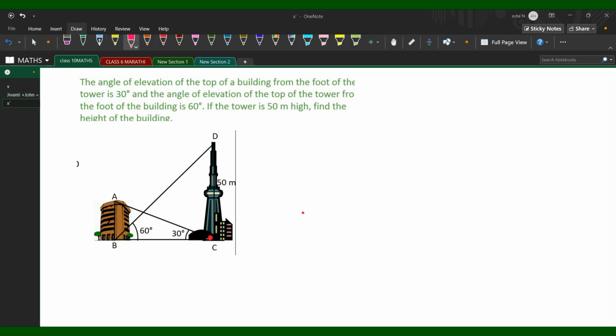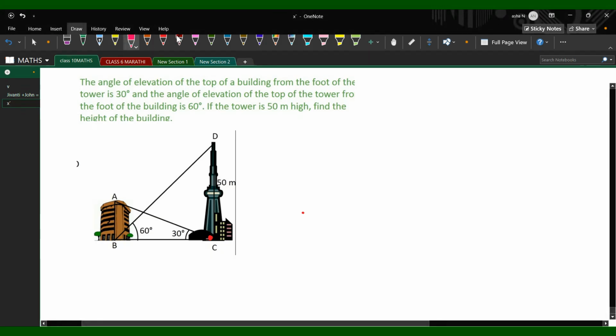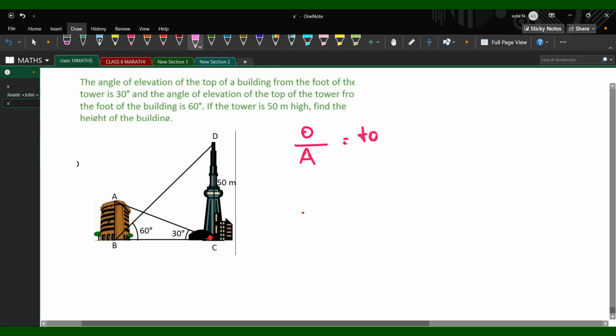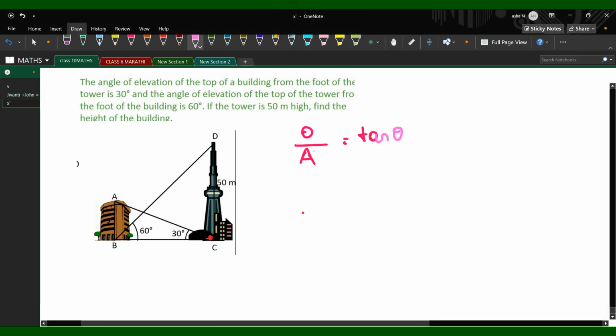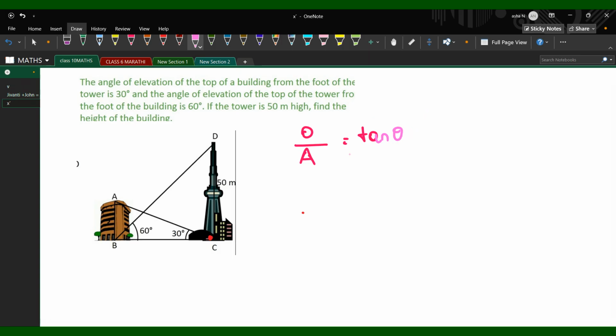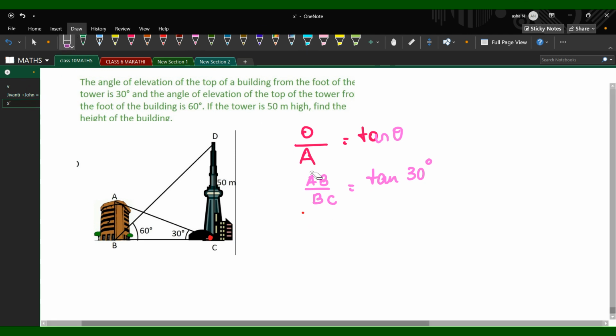I think we need to take a trigonometric ratio which will have opposite and which will have adjacent. What is that trigonometric ratio? Tan, yes. Tan theta we will take, which is opposite upon adjacent, that is AB upon BC, which is equal to tan 30 degree. But this is not going to work. We have to find AB only, na? And BC is also not there. Okay, let's take tan 60 then. That will work, I'm sure.